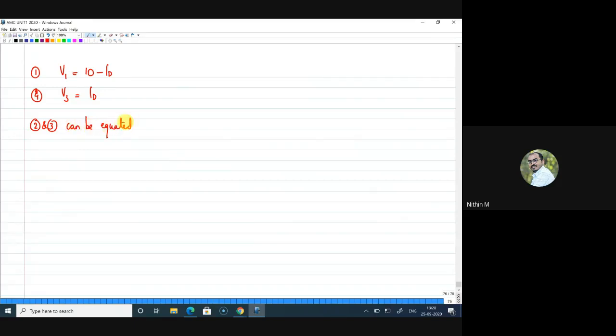So if I do that, I can write V1 minus V2 minus 1 is equal to V2 minus V3 minus 1. Since it is a square, you can take only the positive values because it is an n MOSFET and we are writing VGS minus VT, turning out to be a positive value. While equating these two, 1 will get cancelled. So I know that V2 is equal to V1 plus V3 by 2.